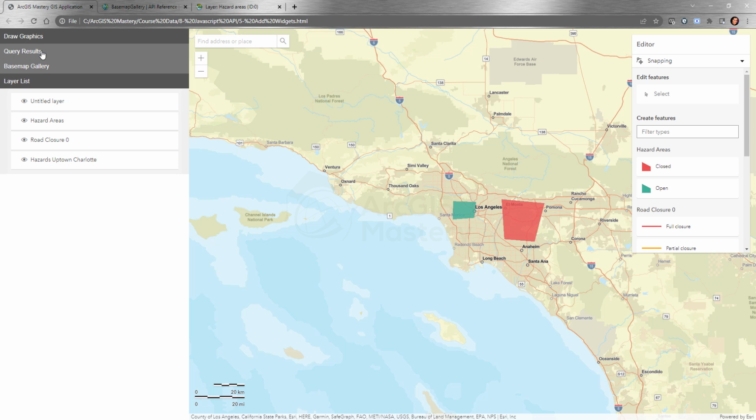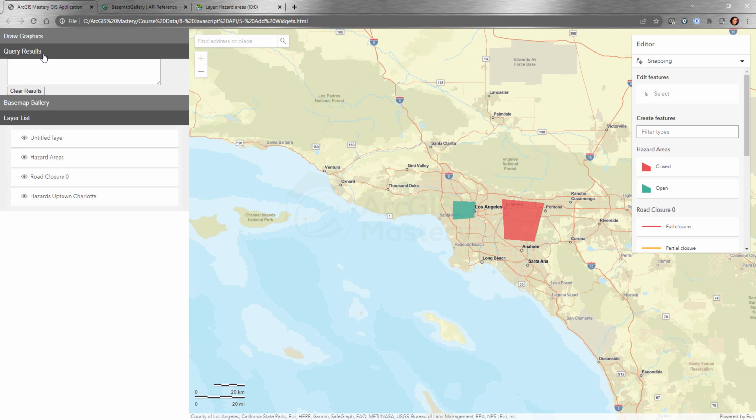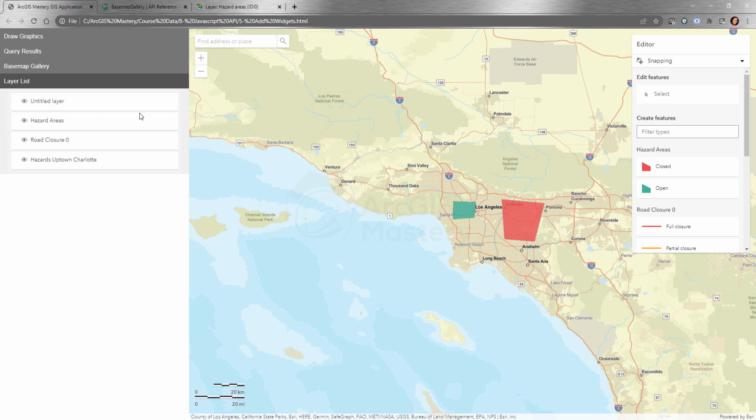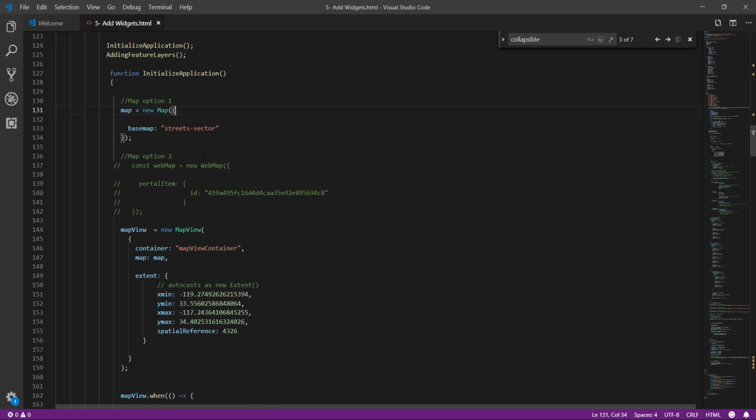This is completely JavaScript and HTML. It has nothing to do with Esri APIs. It's just a way to customize and change your user interface. You can change this color to anything. If we go to the collapsible